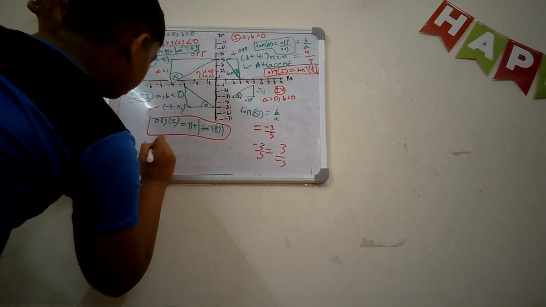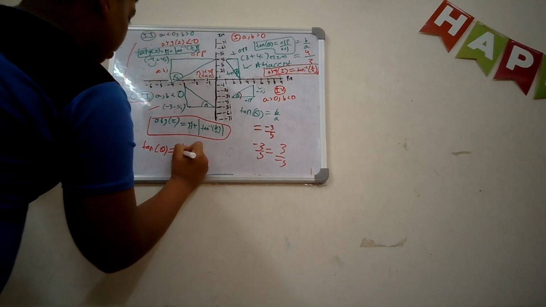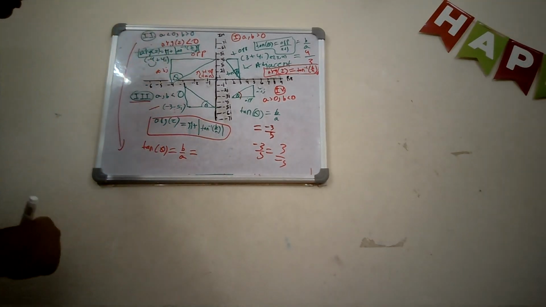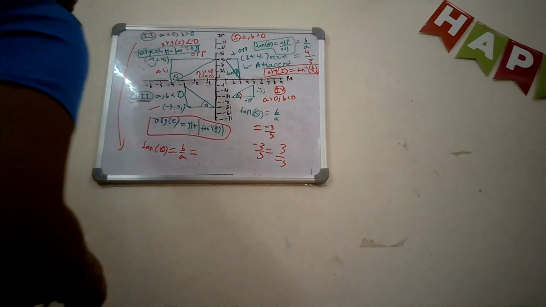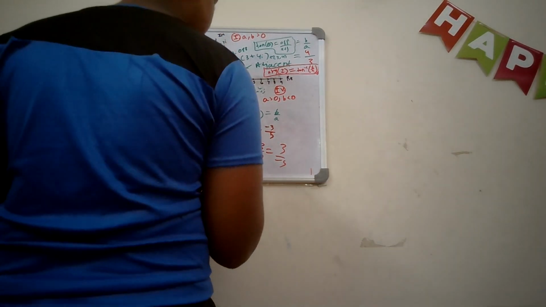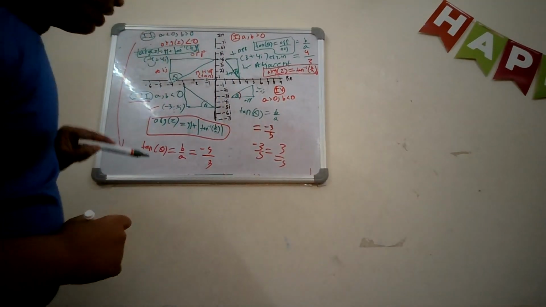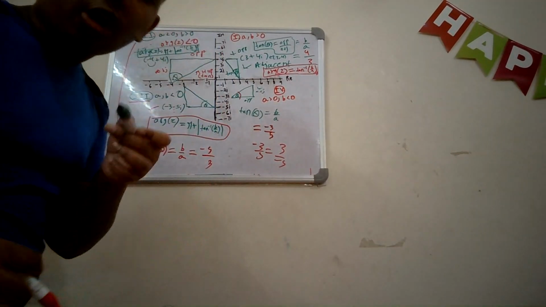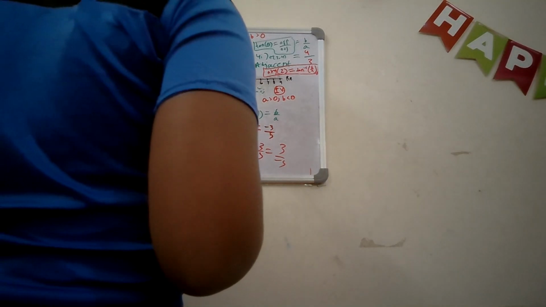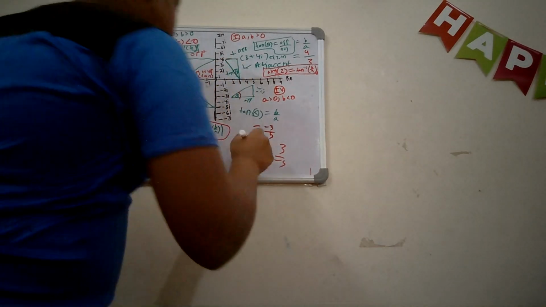We will get tan of theta equal to b over a, which is equal to negative 5 upon 3. But this is for quadrant 2. And if we found the argument of a different complex number, in this case 5 minus 3i, we would get